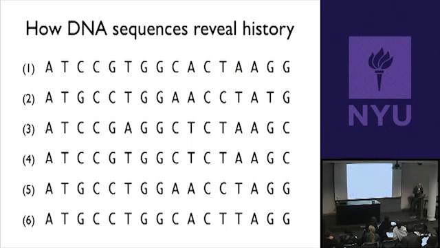And the way we simplify the problem is we find all the positions where it's identical in all 6 organisms. Okay? And the reason we do that is because those positions contain absolutely no information about who's related to whom. Right? So this first position is A in every single organism. And because it's the same in every single organism, it doesn't tell us how these organisms are related to one another. Okay? It doesn't tell us which ones are more closely related than others.